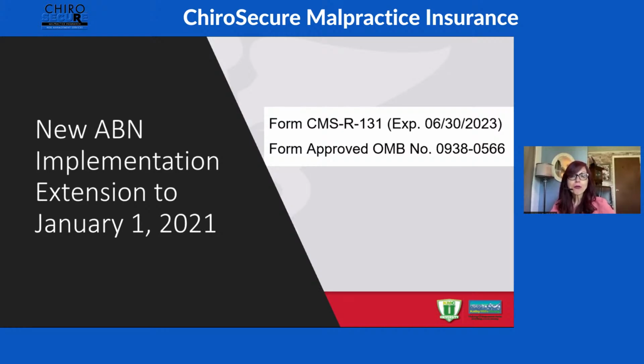I am glad they're giving us this extra time because KMC University, as you know, reached out to ask them several questions about the ABN form instructions that just were not clear enough for us to actually coach our clients or give guidance. Everyone needs to know exactly how to do that ABN form because it's so highly scrutinized. A lot of things, if you've not investigated into it, are different with the way that you process the